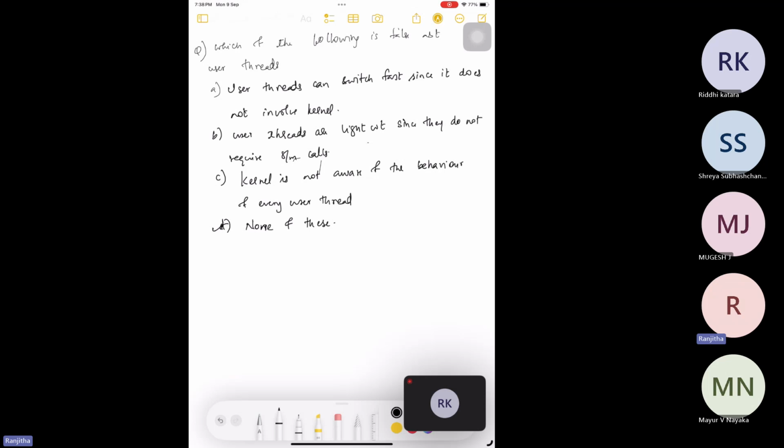So option 3 is not valid for prevention scheme. The answer is option 3. Never request a resource after releasing any resource. Next one is